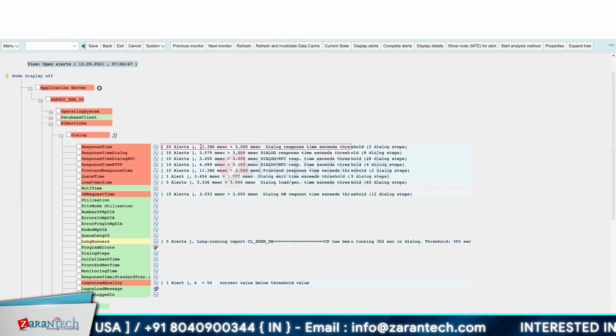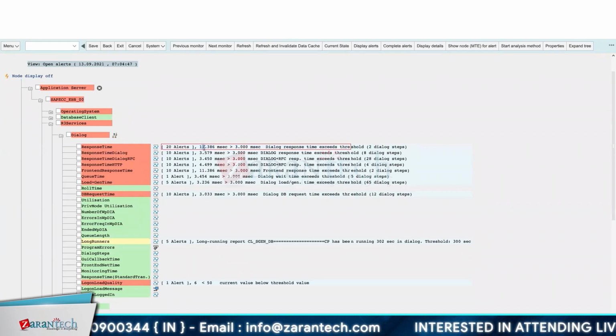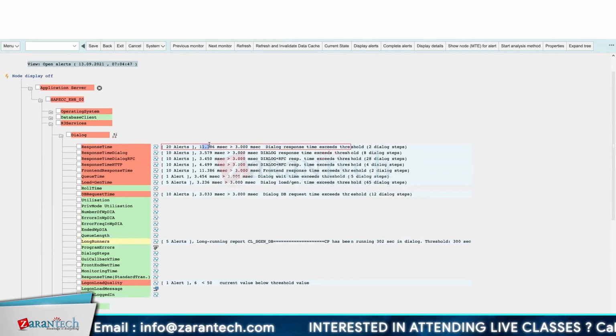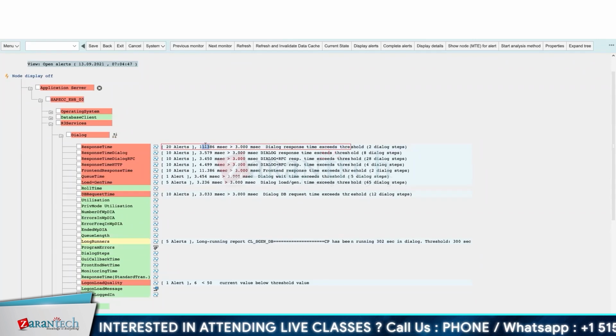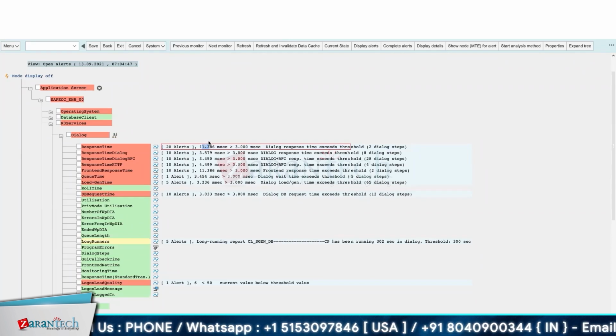So this is the, see, 3 means 4 times it has increased than the normal dialog response time, which is a wrong thing. So something was running at that particular time. So you have to troubleshoot what was happening and what could have led to this one. Okay. So now